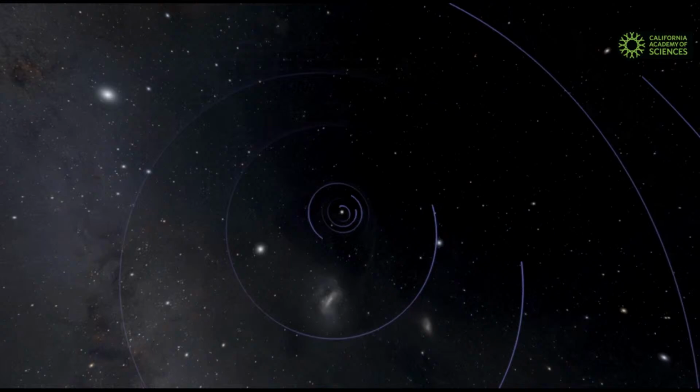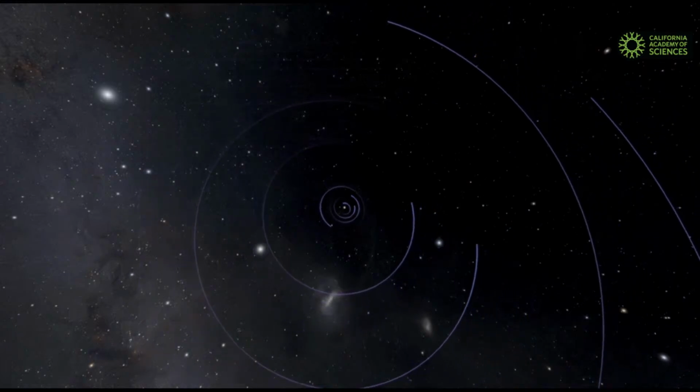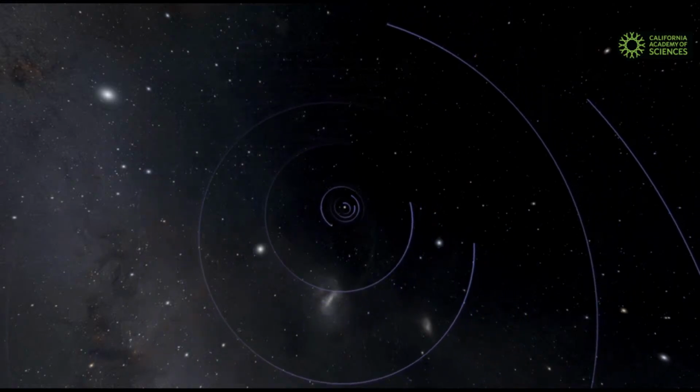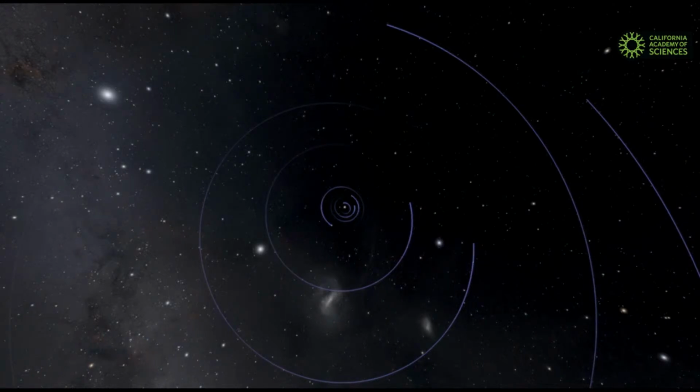But the solar system consists of not just planets. There's other material here as well. The solar system has lots of debris. It has lots of leftover material from its formation. And some of that is found in a big gap between Mars and Jupiter. And that is called the asteroid belt. And the asteroid belt is filled with hundreds of thousands of chunks of material.